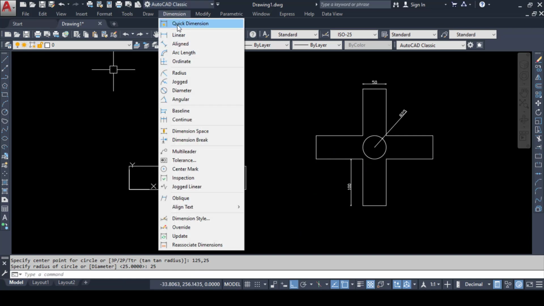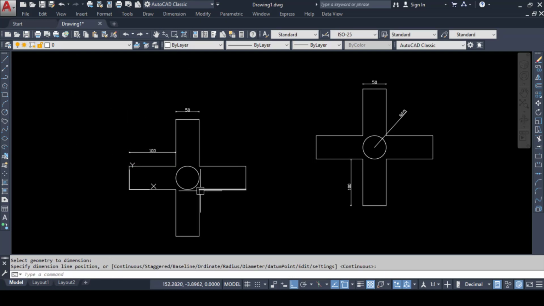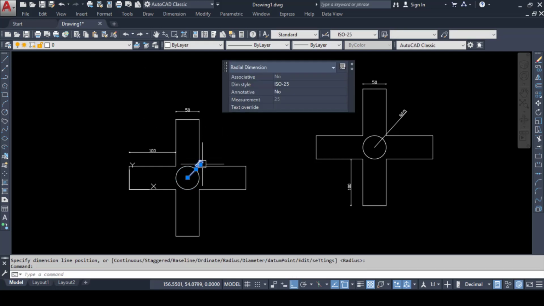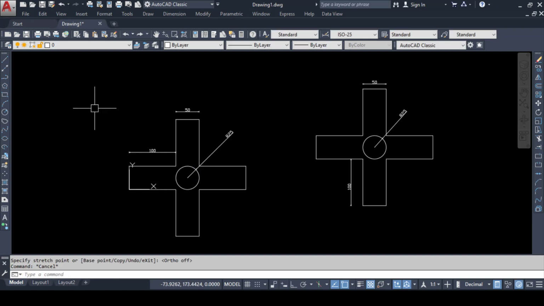If I want to give the dimensions, I can check the dimensions with the help of quick dimensioning. So the dimensioning will be according to our judgment of what dimensions we have given to the drawing. So we have to pay special attention to the center points, where the center points are located or where the distances are located. We can use the direct method, absolute method, polar method of lines directly.